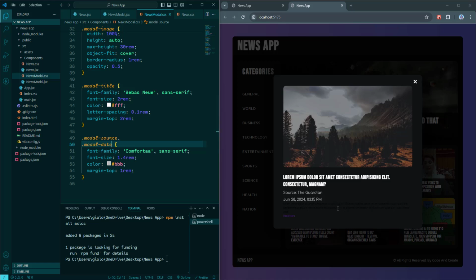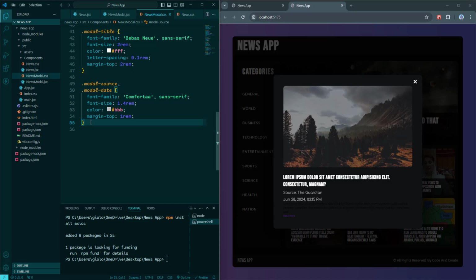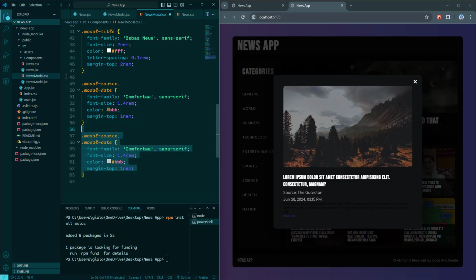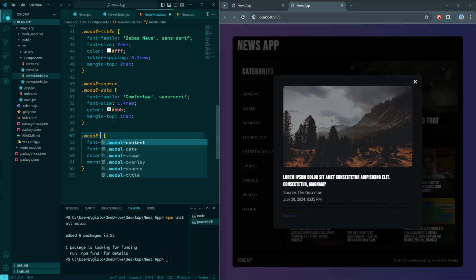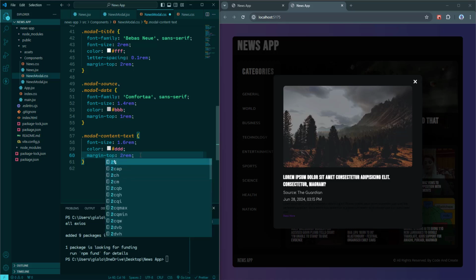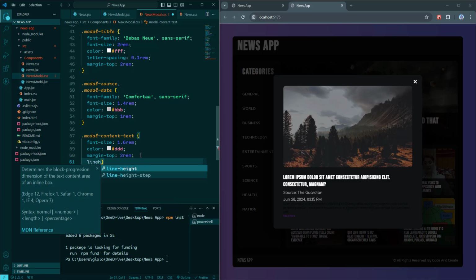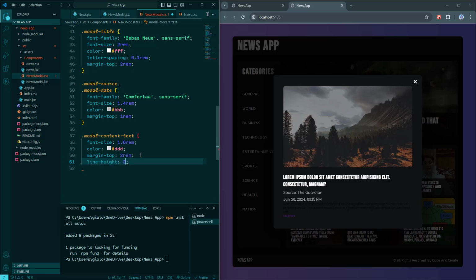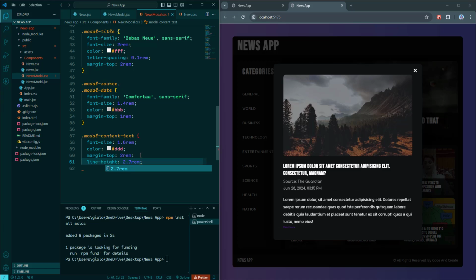Next we have to take care of the third paragraph, which is model content text. I'm going to duplicate this code. Let's get rid of this class name, change date into content text. So we don't need here font family. Then we need here font size to be 1.6 rem. Then I'm going to change color to DDD. Also, let's change the value of the margin top property. It's going to be 2 rem. And then add here line height with the value 2.7 rem. Alright, so the